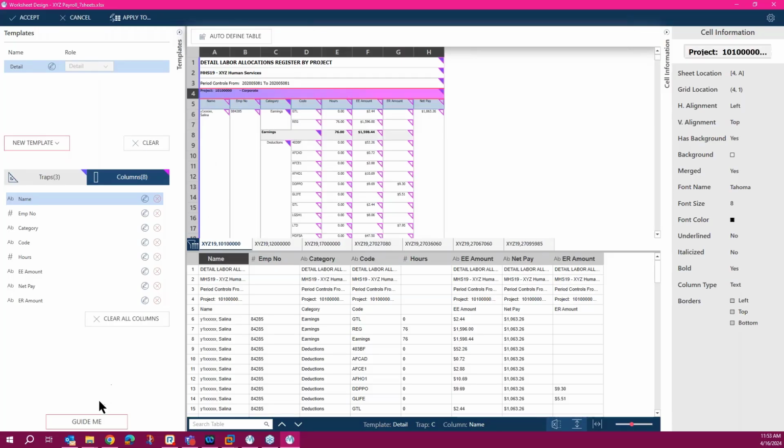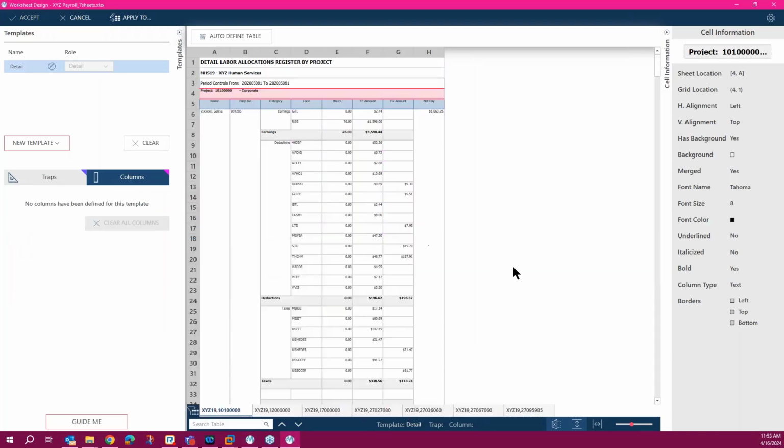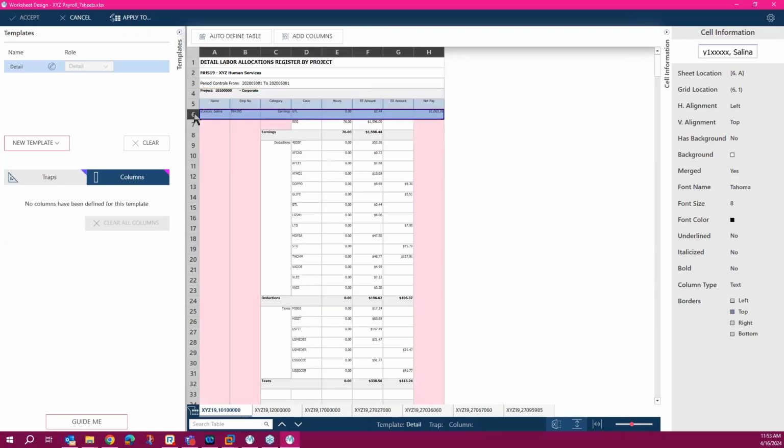Okay, I don't use guide me that often. I hardly ever use guide me because I try to just use this manually. So let's just try extracting data using the manual method. I'm just going to click on the clear button. Okay, so let's start doing this manually. Again, I'm going to select the row that should be part of the data set. Okay, so that is the detail template. And I can change this name, call this employees.